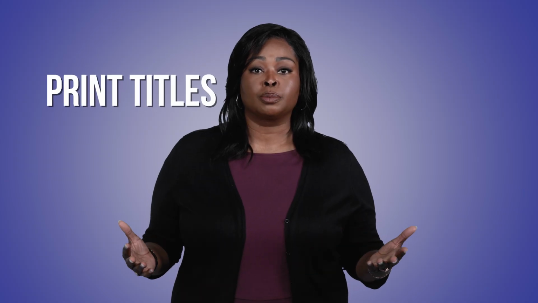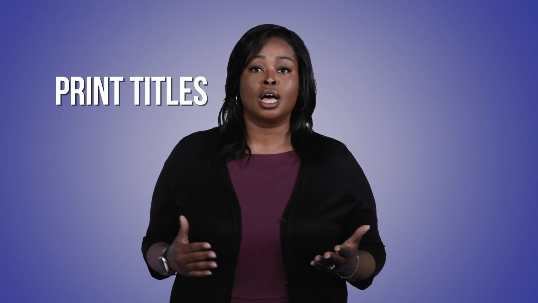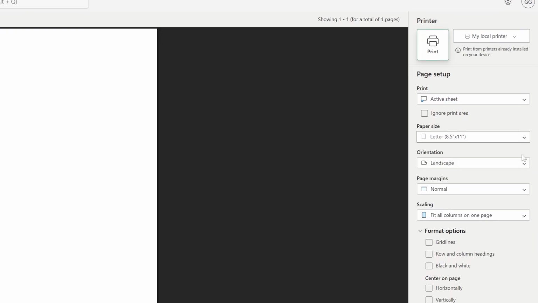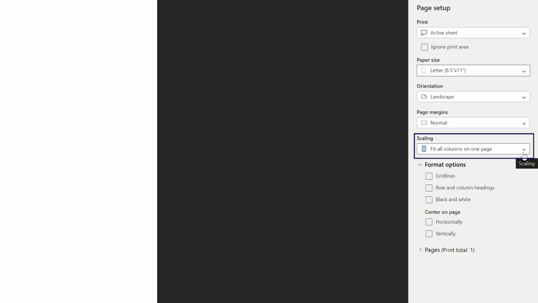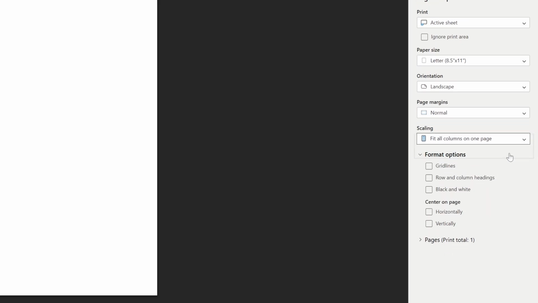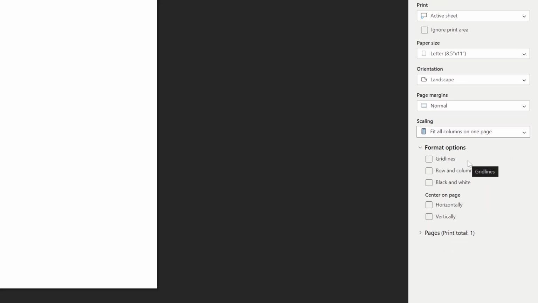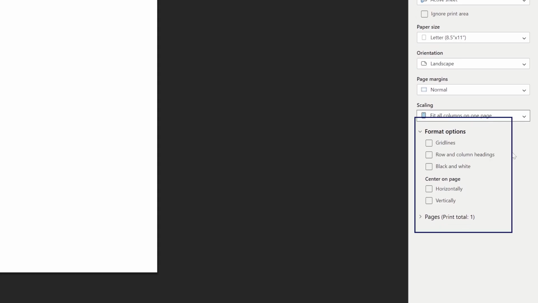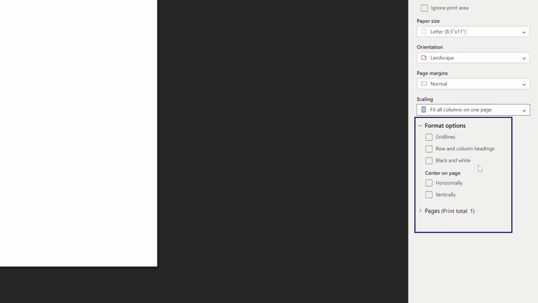You can also select print titles, which are the rows and columns to repeat on each printed page. And Scale to Fit helps you adjust how much of your worksheet fits on a printed page. Sheet Options lets you choose whether to show or print grid lines and row and column headings.